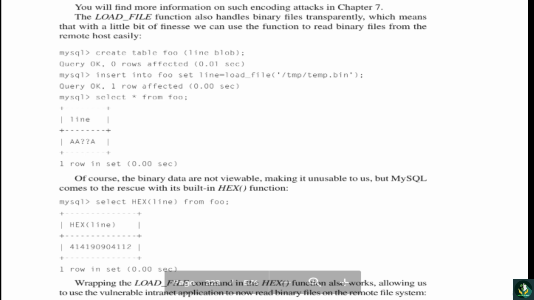The load_file function also handles binary files transparently, which means that with a little bit of finesse, we can use the function to read binary files from the remote host easily, like MySQL create table query, then MySQL insert into foo, then load_file query, and MySQL select * from foo, like line,